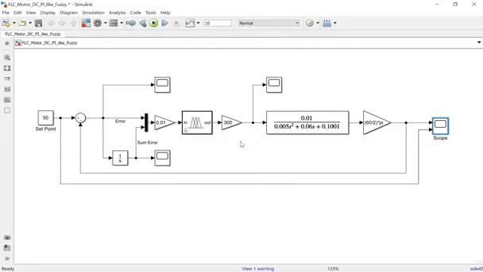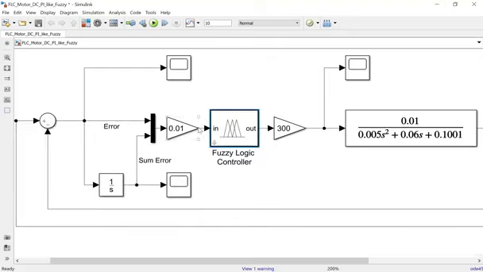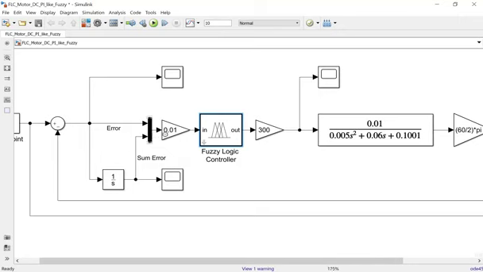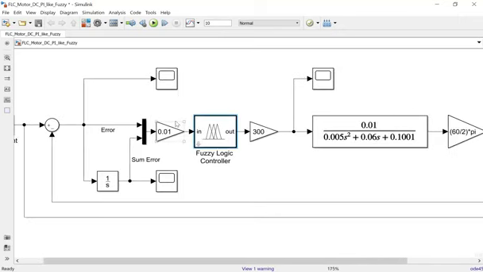So you can make the fuzzy logic controller with some inputs. You can add two inputs, three inputs, or five inputs here. Perhaps the first is the error, and the second is the integral error or sum error, and the other is the derivative error. You can add three inputs for the fuzzy logic controller. It is okay. So the advantage of the fuzzy logic controller is it can be used for nonlinear control, not only linear, but also for the nonlinear controller.